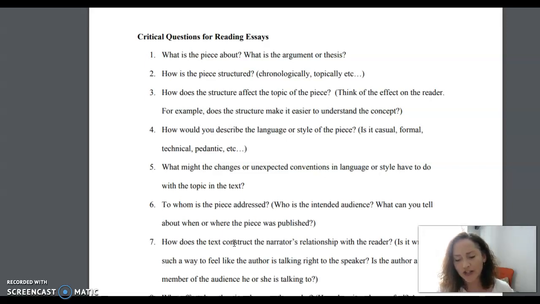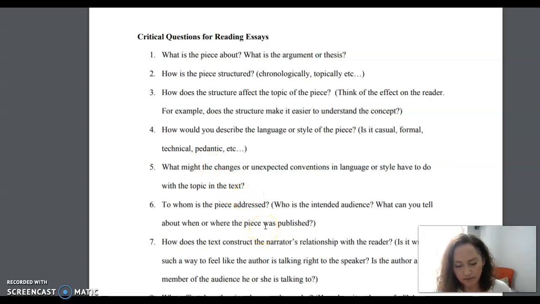She uses contractions. So she's really deviating from the expected convention of an essay, which we would expect would be formal in nature. This was published in Newsweek magazine. So it isn't formal though. She's being just very conversational and casual in a way. And understand that pedantic is like, I'm preaching at you. I'm trying to teach you a lesson. And it's almost a critical kind of word. Didactic and pedantic, those are very similar in nature, but both of them kind of have a negative connotation.